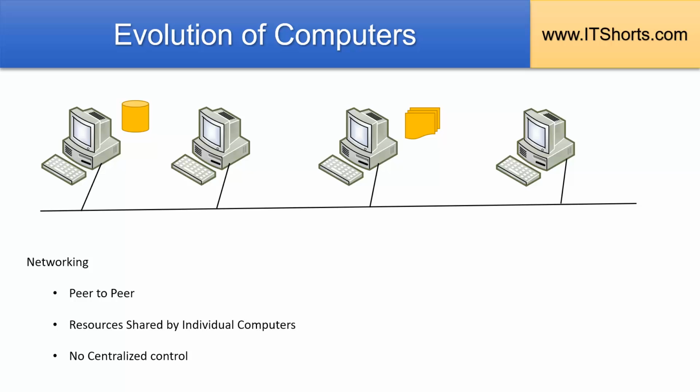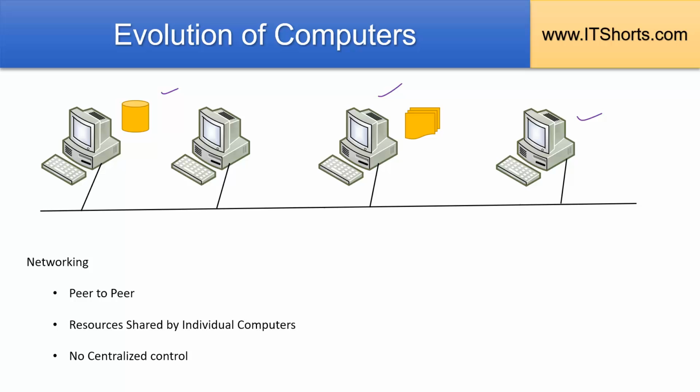Peer-to-peer networking is one of the earliest forms of networking concepts. In this, the resources are shared by the individual computers. For example, a computer can make its entire C drive available on the network. Other computers can use that share, which is how a resource being shared in a network is referred to, and read